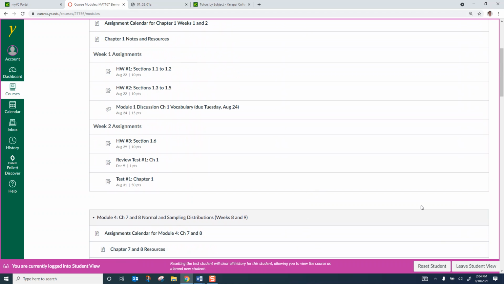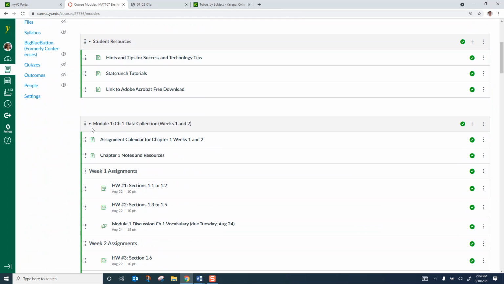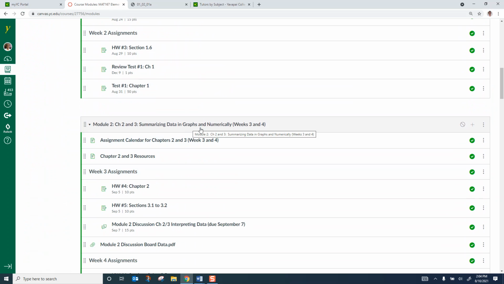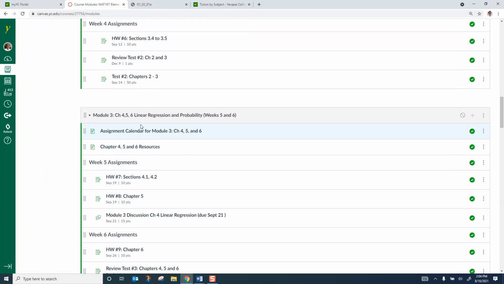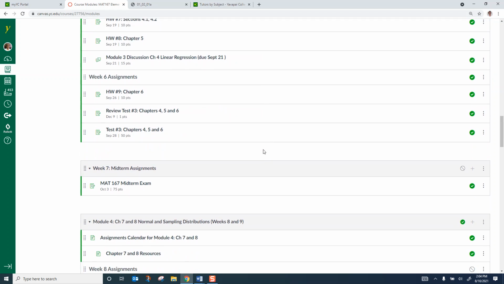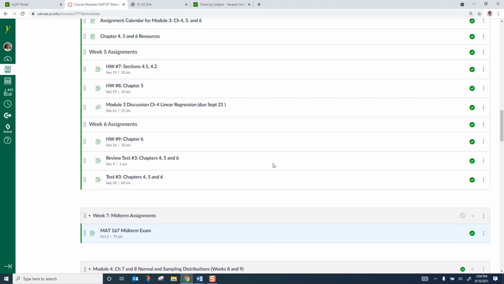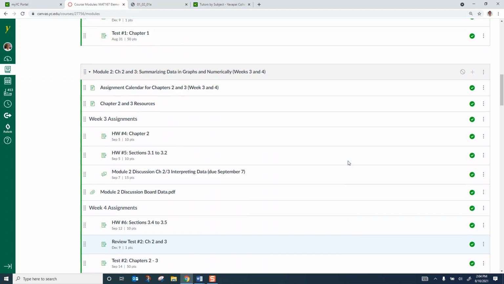modules here, I'll go through them. Module 1 is data collection, weeks 1 and 2. Then there's module 2, week 3 and 4, module 3. And then in the middle, we'll have a midterm exam. And your midterm exam will be part online, and then there will be a written assignment that you turn in through Canvas as well. All right, so as I get those loaded in there, they'll show up as the semester